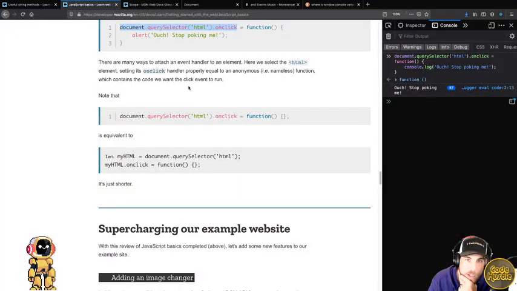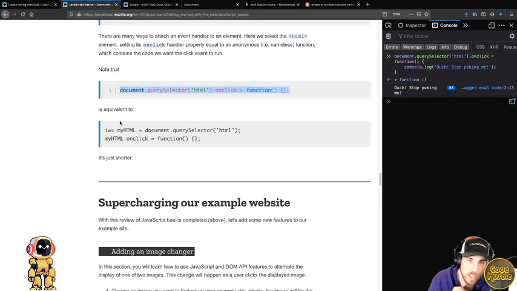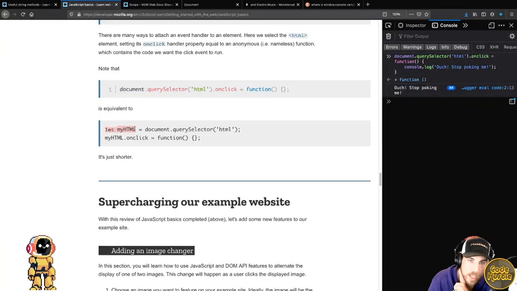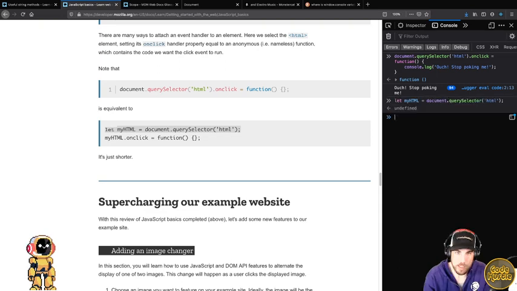Note that they're showing you different ways here. This right here, which we just did, is equivalent to this. Like I said, you could have defined it as a variable, let myHTML equal document.querySelector. And we're still doing the same thing. We're looking for this whole HTML page, and then actually, let's just do this so we can see the truth. So we're defining myHTML, doing the query to select the whole HTML document, and so then we